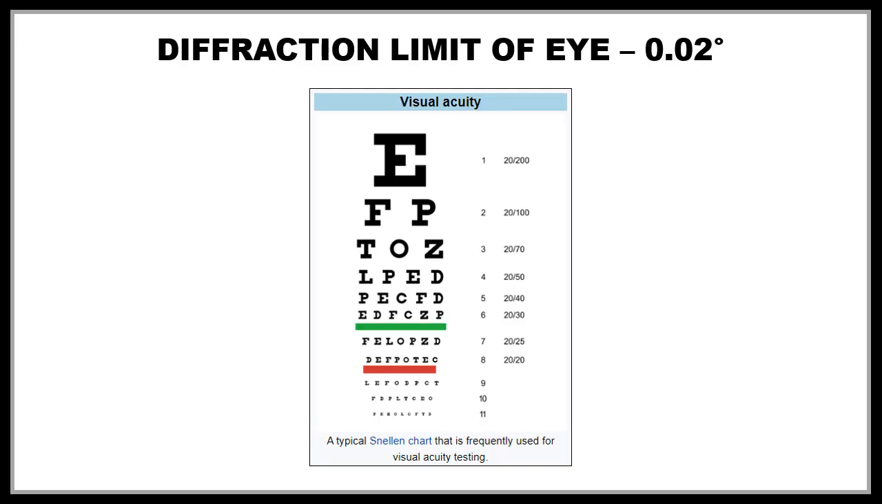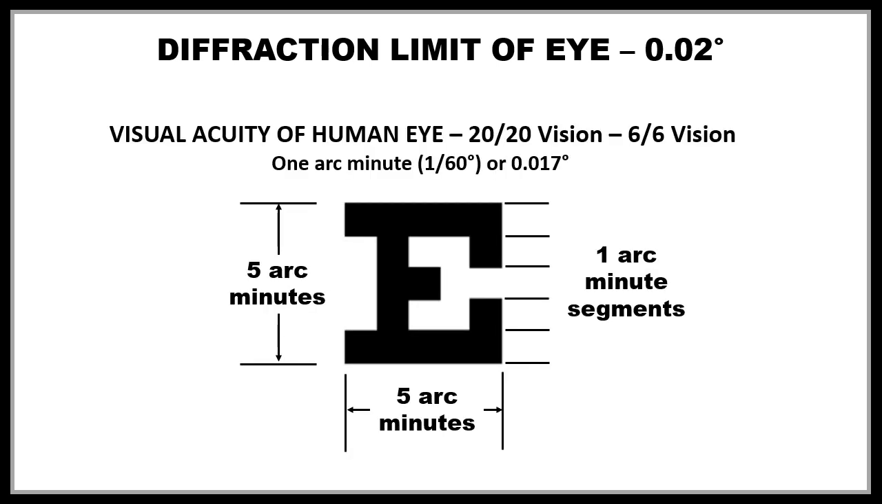And if flat earthers are going to talk about the diffraction limit of the eye, then why don't they talk about an eye test? Because this is how we measure it. There is no one set standard for the diffraction limit of the eye. It varies from person to person. Now we usually see 0.02 degrees as the diffraction limit of the eye. But if you have 20/20 or 6/6 vision, if you're using the metric system, you can see down to 1 arc minute or